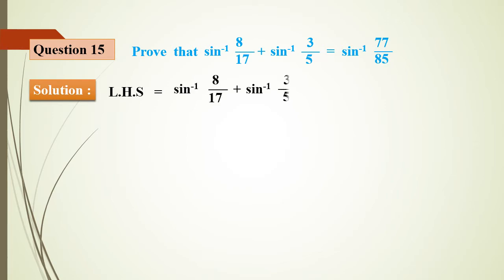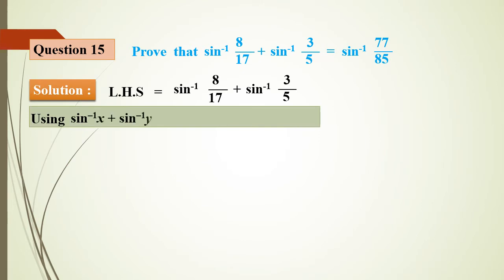It can be written as sine inverse x plus sine inverse y equal to sine inverse of x into root of 1 minus y square plus y into root of 1 minus x square. It is one of the standard properties in the concept of inverse trigonometric functions. In the previous problem, we adopted one property to simplify the term, that is cos inverse x plus cos inverse y equal to cos inverse of xy plus root of 1 minus x square into root of 1 minus y square. Similarly, when sine inverse x plus sine inverse y, such two terms come, it can be written like this.